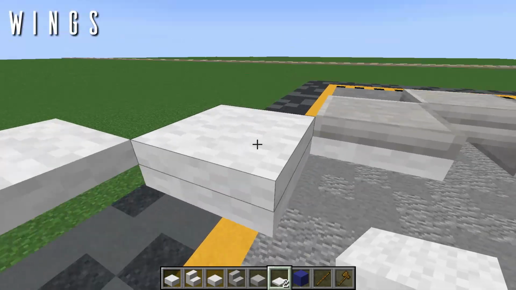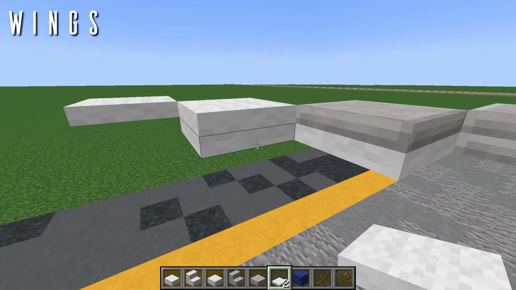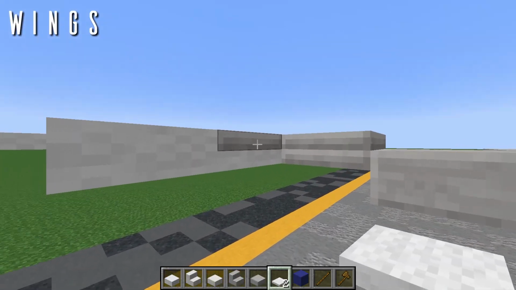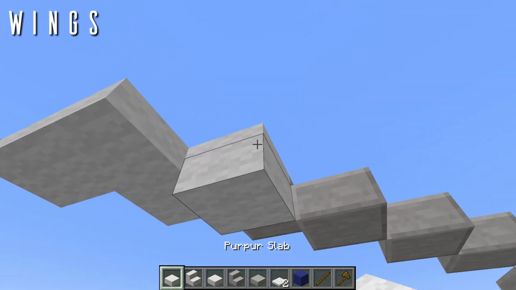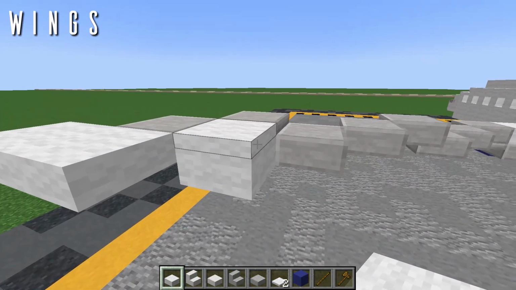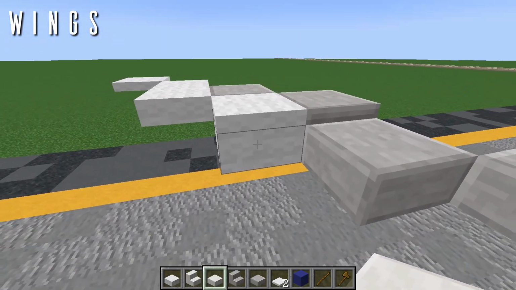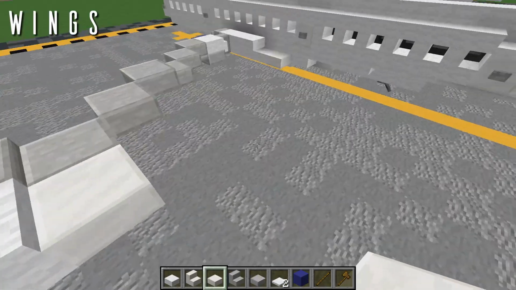So next, stepping in towards this bit here, where we have the 2 birch trapdoors on top of each other, we're going to place another 2 going directly in towards the center, just like this. Then step a block forwards here, we're going to nestle a birch trapdoor in between those 2 smooth stone ones right there, and then a wool top slab underneath that, like so. Next, we're going to switch over to the quartz slabs again. We have another, just 1 quartz top slab directly in towards the center right